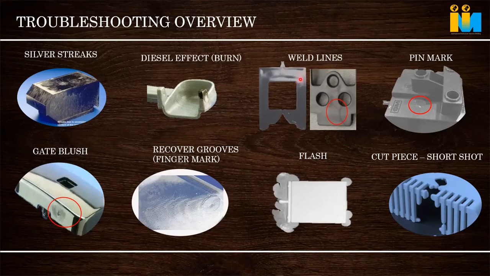So maybe to this corner. Here is the loading area. Suppose the load comes here. So instead of a gate directly opposite, if you give a gate here, what happens? The weld line shifts to this area, so this may not be a loading area. It will not crack that much. And the angle of meeting can also be increased like that.